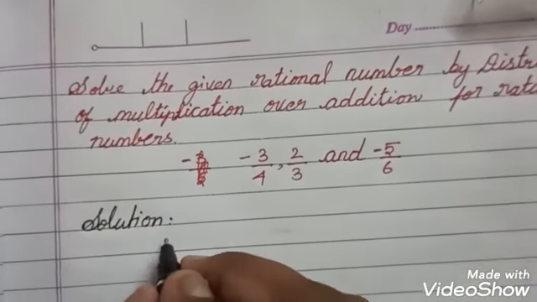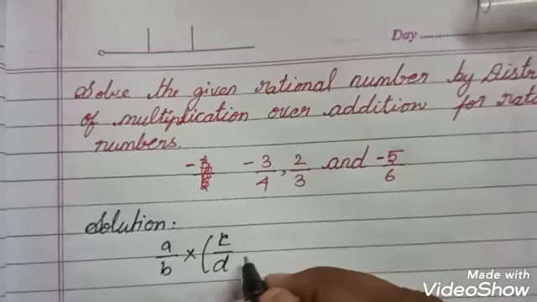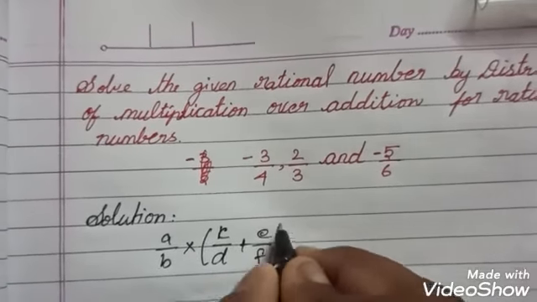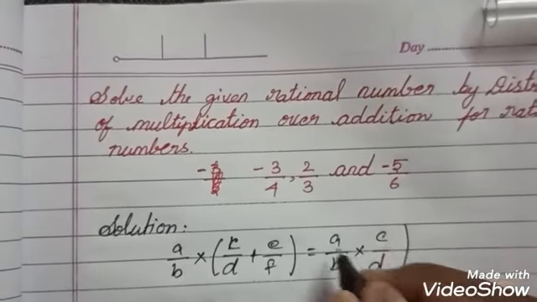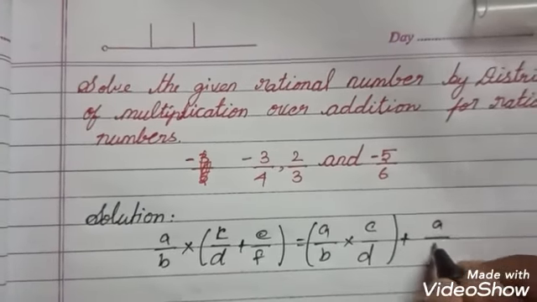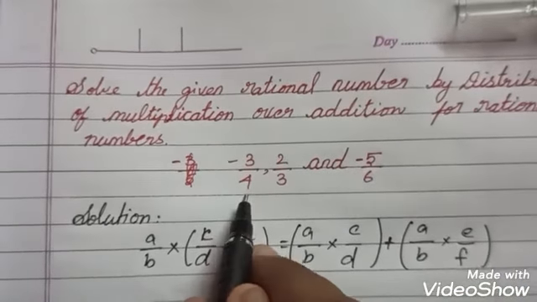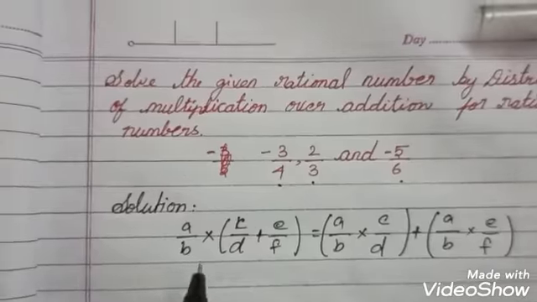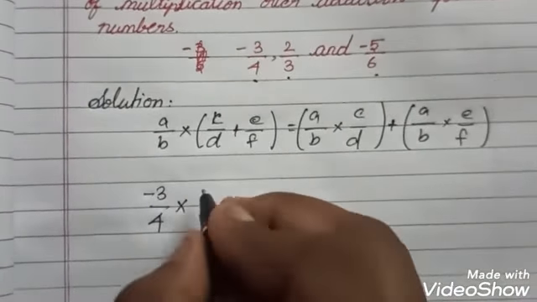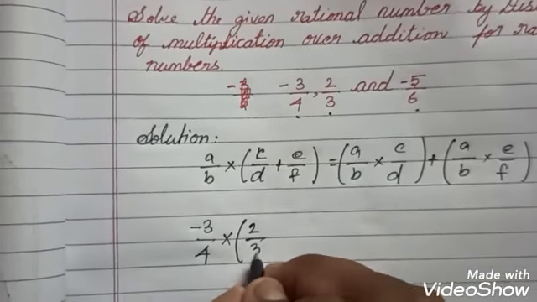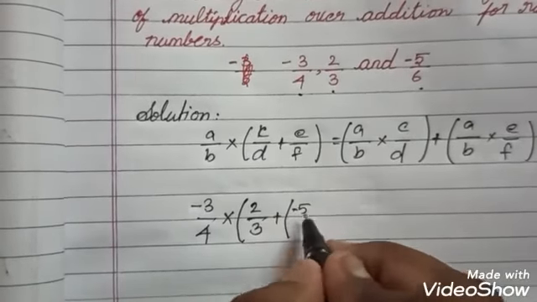You know the distributive property, that should be a by b into c by d plus e by f. It can be distributed as a by b into c by d plus a by b into e by f. The same manner here, the first one a by b, c by d, e by f. So minus 3 by 4 into 2 by 3 plus, already minus 5 by 6 is there, 5 by 6,